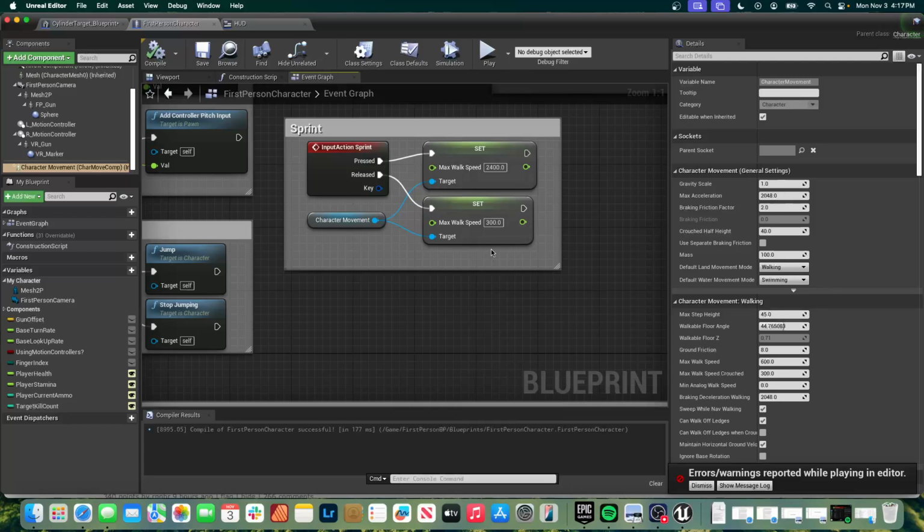So how would we implement a stamina based off of sprinting? What would that look like? In the event graph or just conceptually? I guess conceptually. As long as you're holding sprint and you're sprinting, you have a stamina bar that will drain. And when you release it and you're not sprinting anymore, it'll slowly go back up to full. Yeah. And you can't sprint if your stamina's